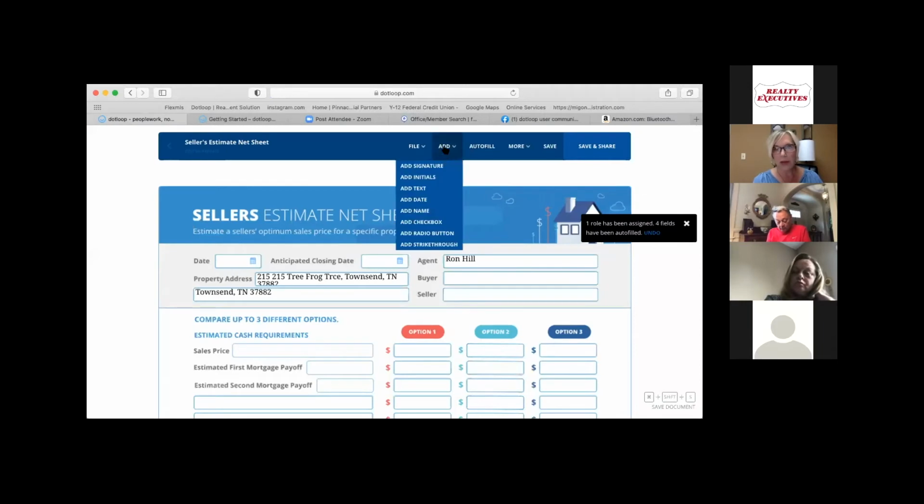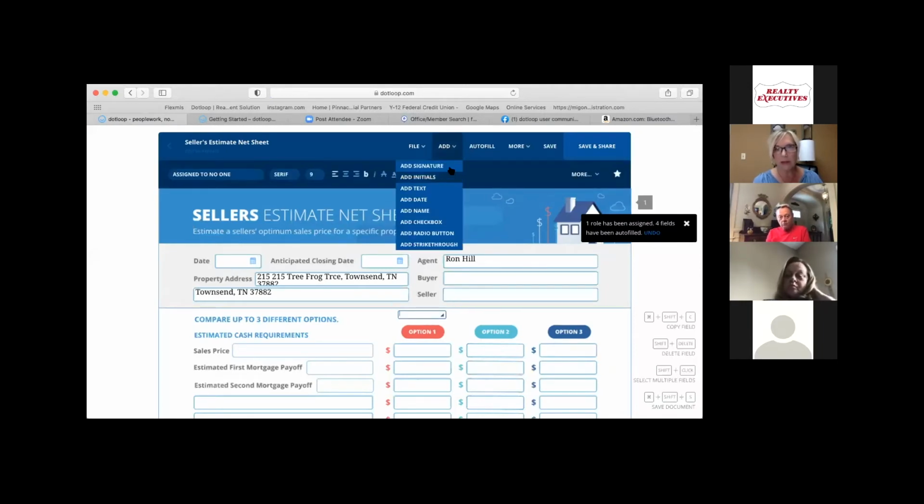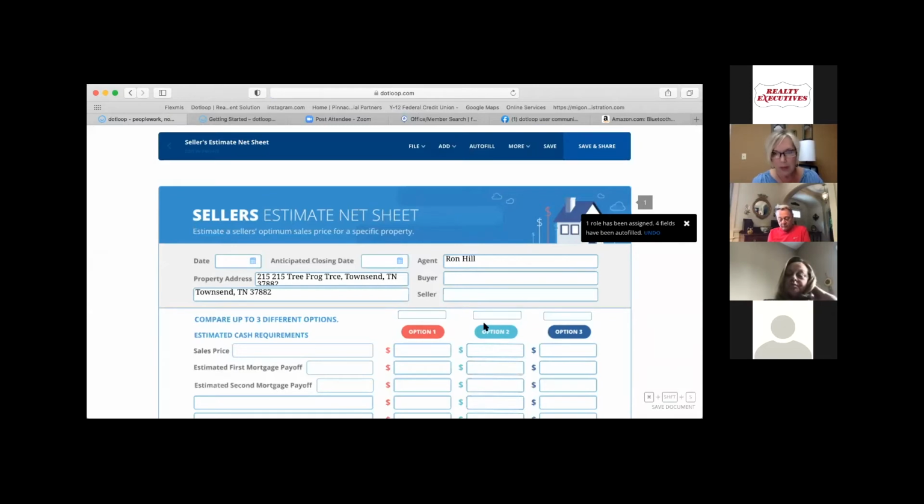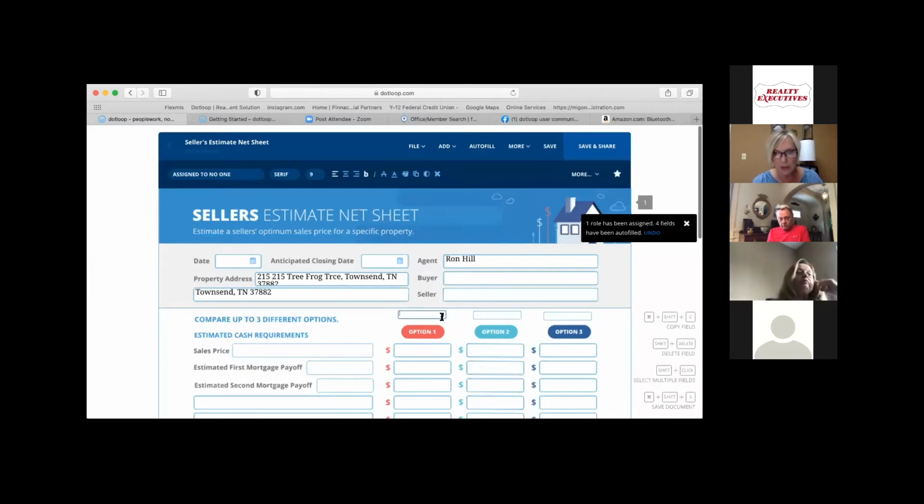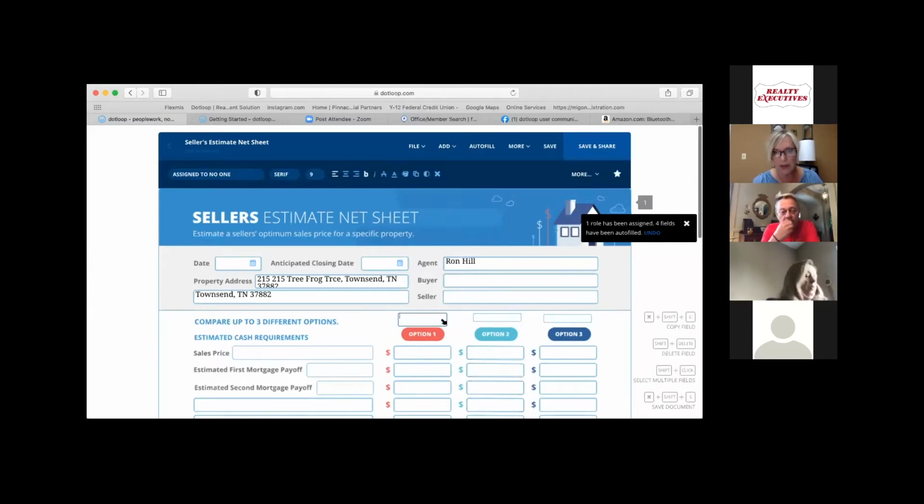So here's that seller's estimate net sheet. I'm going in here and adding a text box at the top of each one of these. Again, I should have held my shift key down. I wouldn't have to do this. There we go. And then I am making this a little bit bigger for my purposes, and I made it a smaller font. That way I can say, okay, this is a conventional, and I can say closes